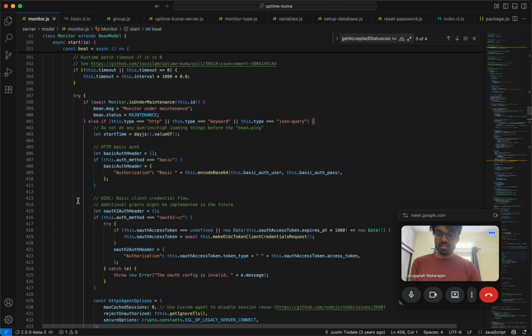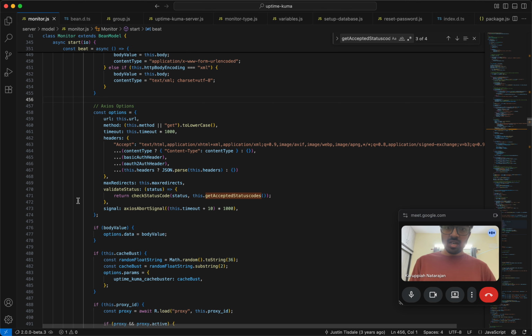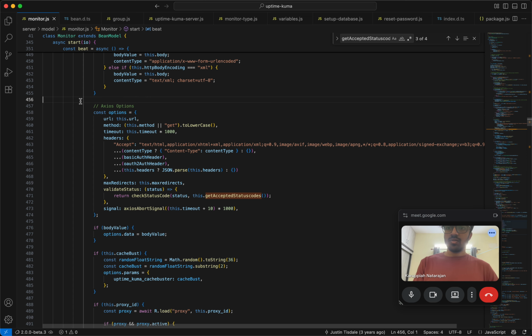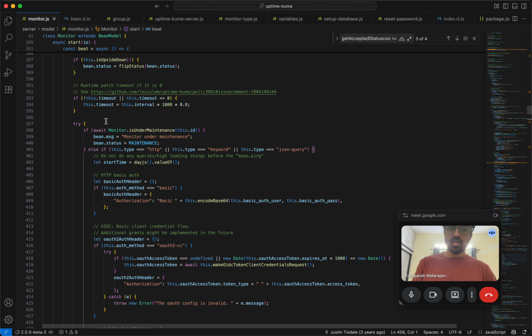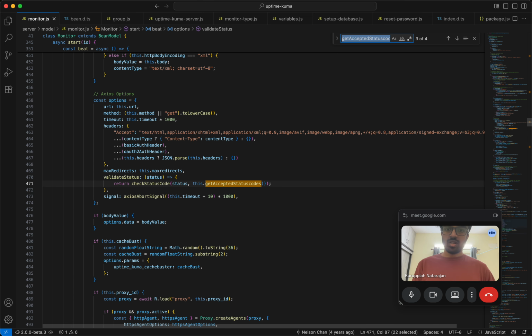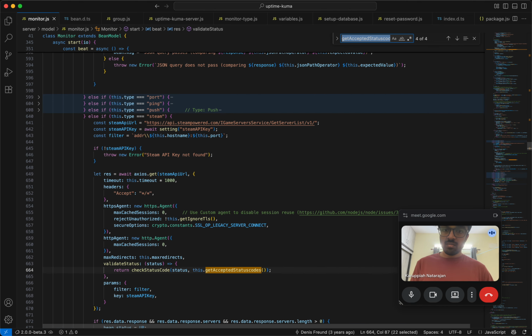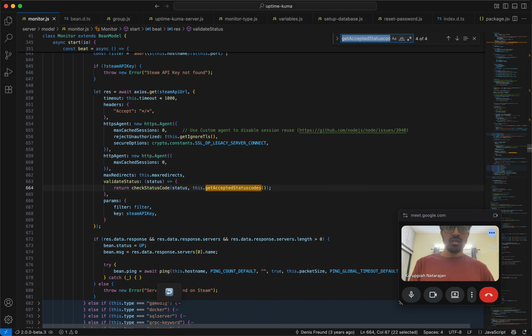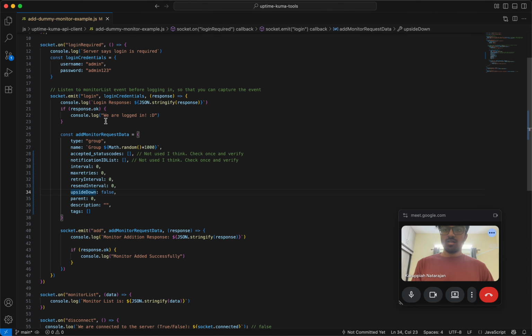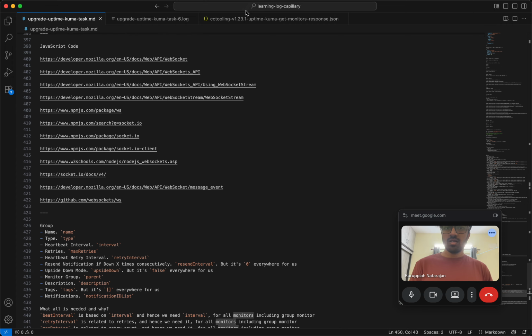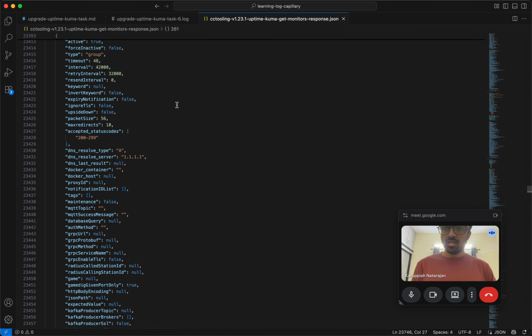So if the type is HTTP, then we have get the status codes and everything, right? So clearly only for HTTP keyword and JSON query it's required, and for Steam, okay, that's it. So I think for now I'm just gonna chuck the others that I noticed and just use this